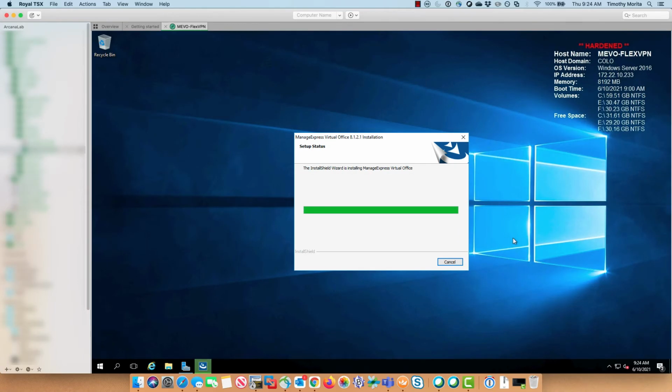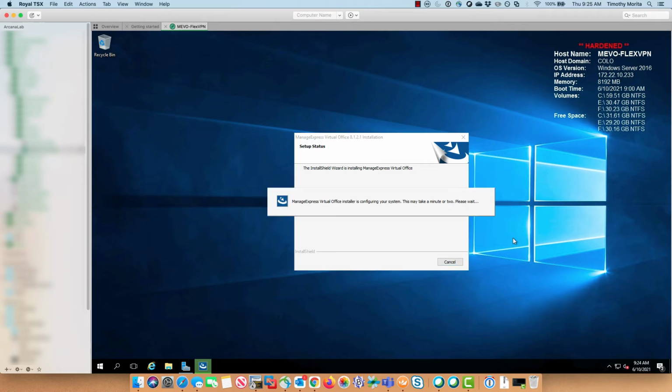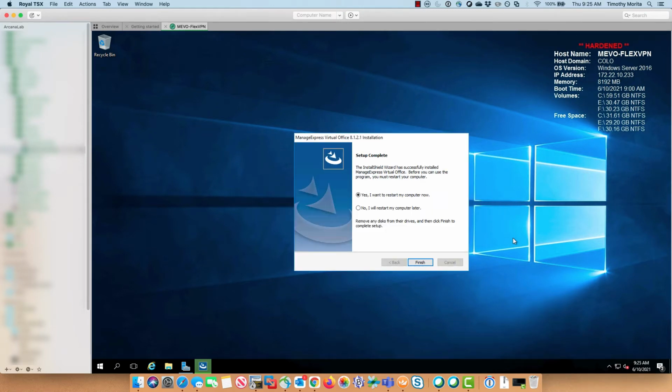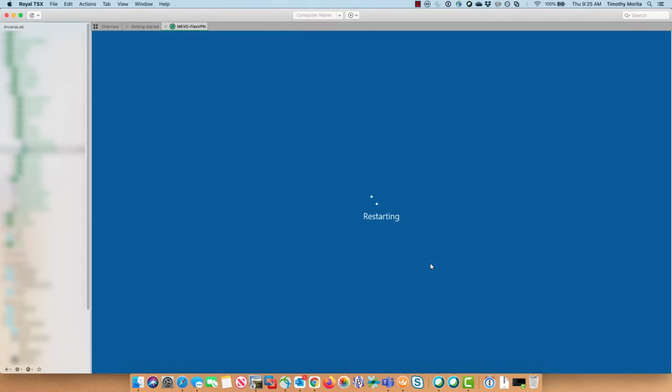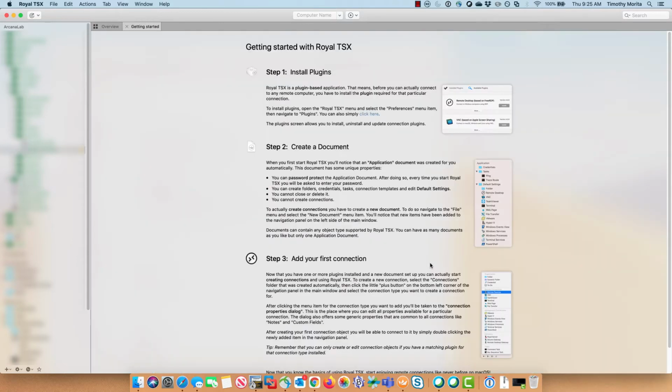Okay, so it looks like our installation has just about finished, because the last thing it will ask you to do is to restart your computer. So we'll go ahead and say finish or yes and let this thing reload. Once it's back,